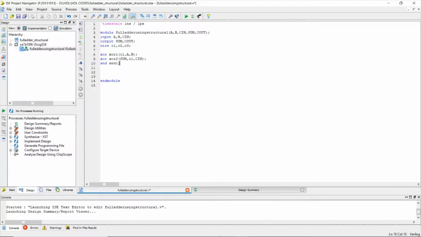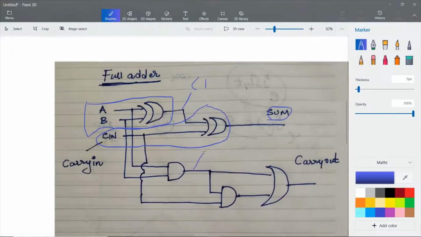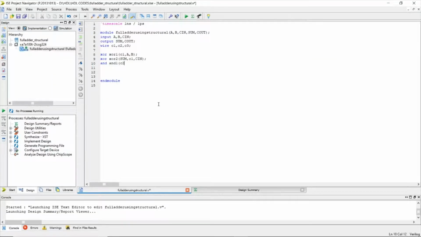We need to write the output first, which is C2. So C2 is the output, and the inputs are A and B. Done with one instantiation, and now another instantiation.